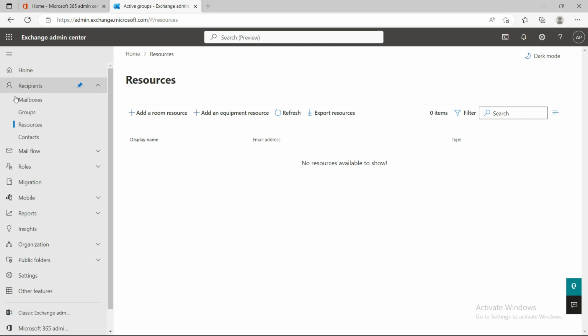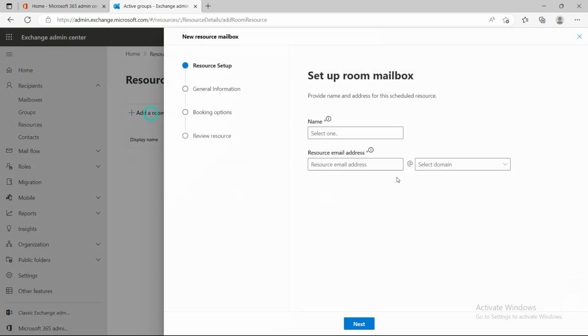So we are on this page. You can open this from the Exchange Admin Center. From the Exchange Admin Center, you click on Resources and then go to Add room resource. When you are here, you can just type a name, whatever name you want to set for this. I'll just set the conference room 1, and the